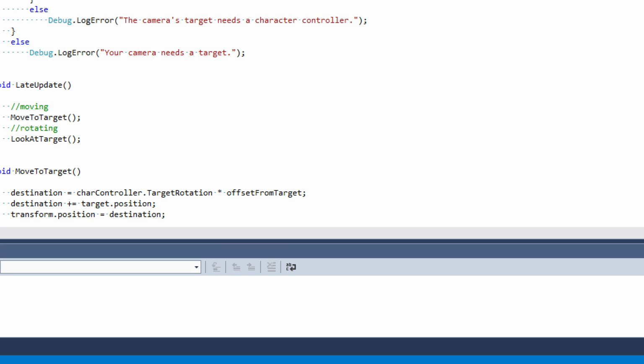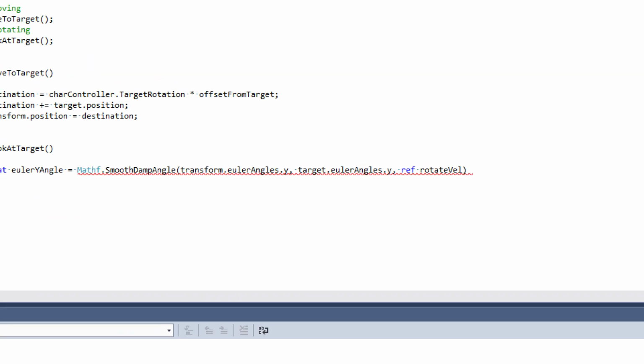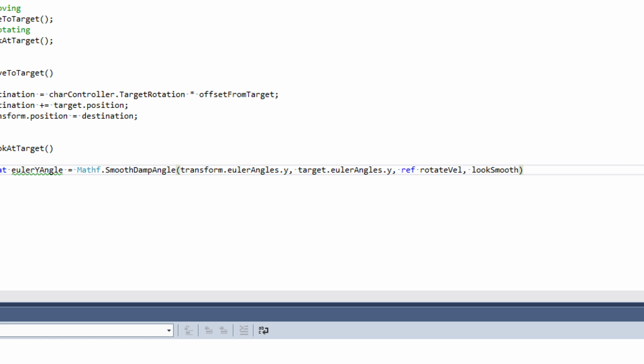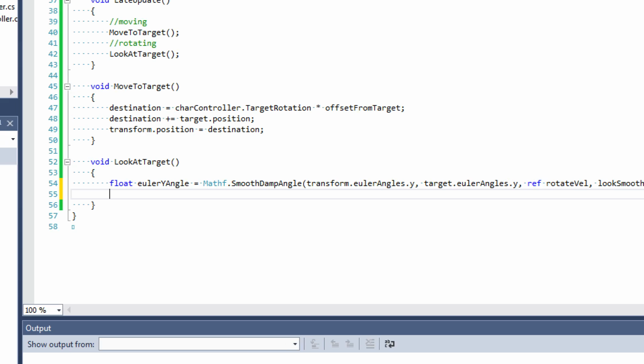We're not actually doing anything with it; our SmoothDampAngle method is going to be modifying that all on its own. Then we pass the smooth time. This variable is going to be our look smooth variable. That's how fast we're trying to look at our target. Once we have the Euler y angle, we can say transform.rotation is equal to